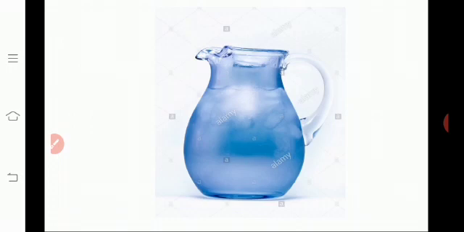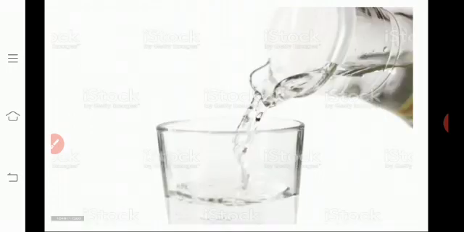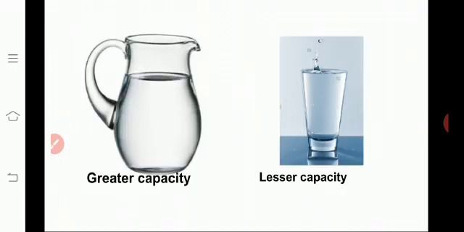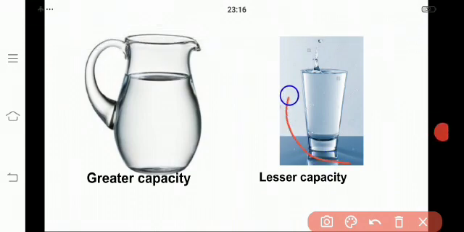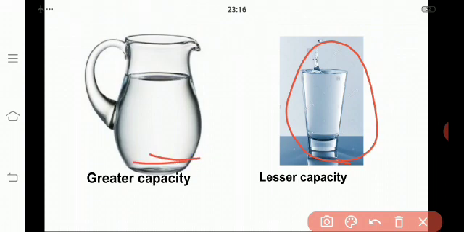Yes, this is a jug full of water. Now let's pour some water into this glass. Now look at the glass. How does it look? Yes, this glass is full of water. But as we can see, there is some more water in this jug also. So we can say that the capacity of the jug is more than the capacity of the